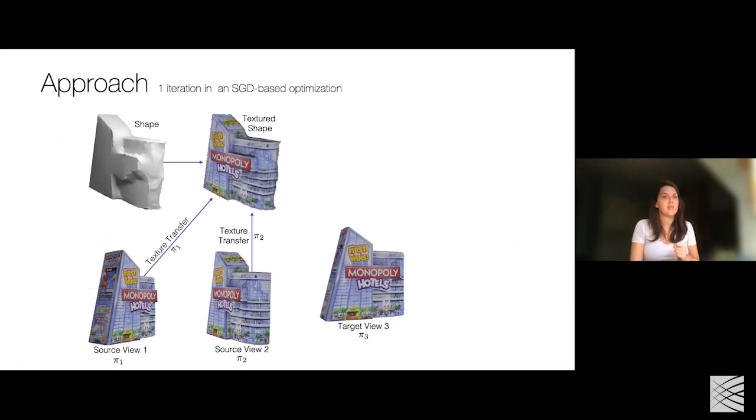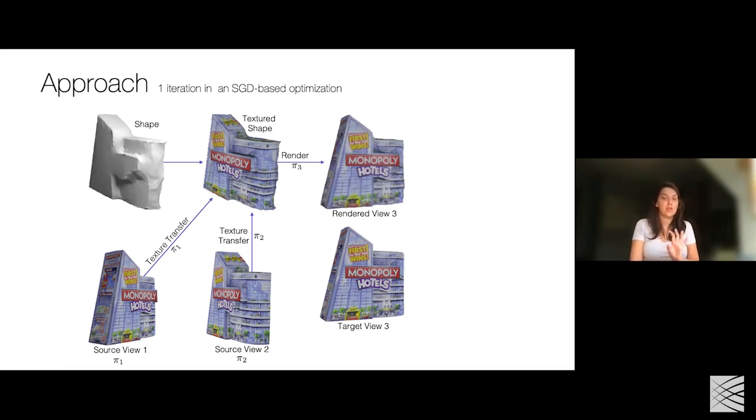Given a shape estimate that, of course, initially is going to be extremely inaccurate, you try to warp it under the cameras of the source views in order to extract the texture from them and the shape information. And when rendering that particular shape on the 3rd view, you want it to match what the ground truth target view looks like. So we compare these 2 views, the rendered and the target, and then through backpropagation and differentiable rendering, everything can go back to the shape estimate that you have, in order to update it so that it becomes more and more accurate. I'm giving a very brief description here because I'm really short on time,